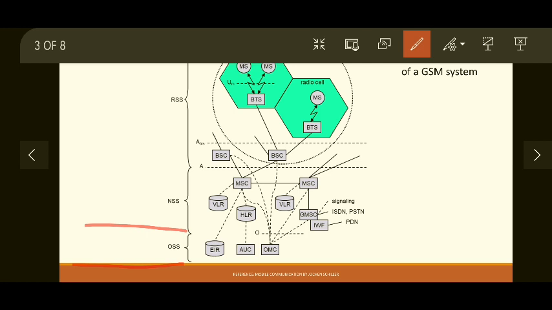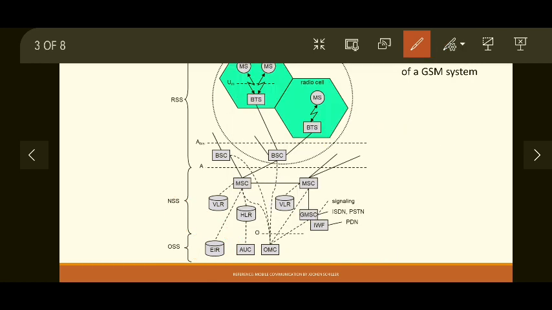It contains two basic entities: one for authentication, this is the authentication center for verifying the identity of the user, and then the operation and maintenance center, which is connected to every other entity in the network and operation subsystem. Okay, so in the network subsystem all the entities are managed or maintained by the OMC. Then there is another database called EIR. This database contains a list of valid handsets and invalid handsets. Details about this will come later on. So OSS contains three entities again.